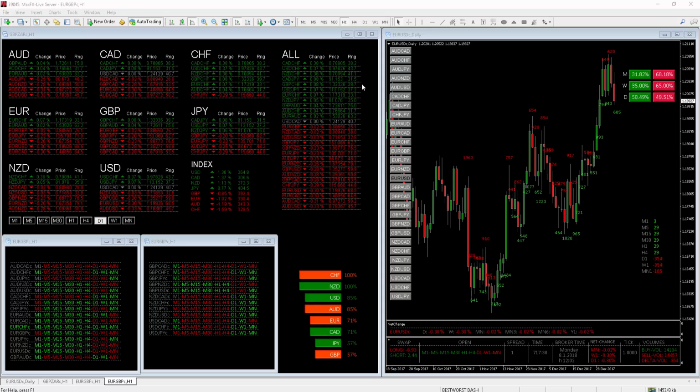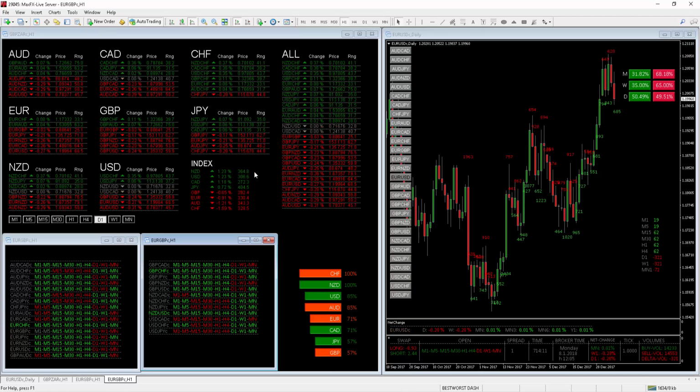Let's see how the Forex market is performing through the index grid of our best and worst dashboard. The New Zealand dollar is continuing to advance, gaining 1.25% on its currency basket, followed by the US dollar, which continues to bounce back from its lows, gaining 1.24%. The Canadian dollar is ahead by 1.19% and the yen is gaining 0.71%. The British pound is down by 0.76%. The euro is losing 0.94%. Then we have the Australian dollar down by 1.19% and the Swiss franc losing